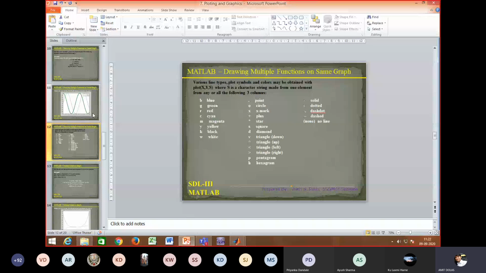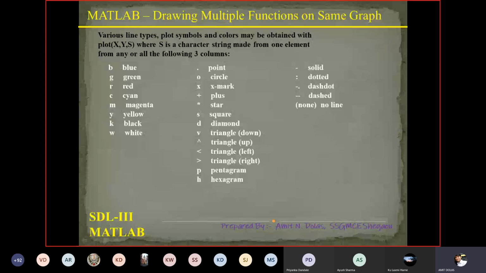So here is the PPT where various line types, plot symbols, and colors may be obtained with plot(x,y,s) as the syntax.